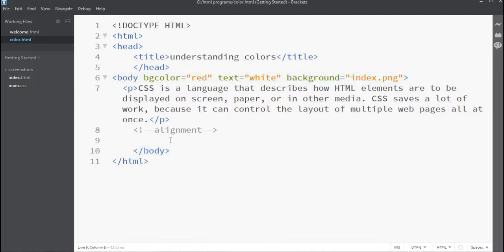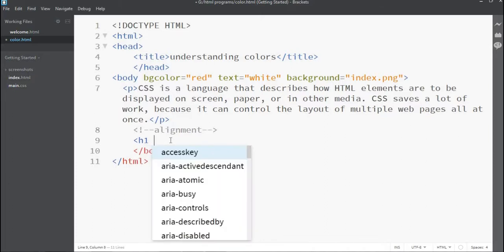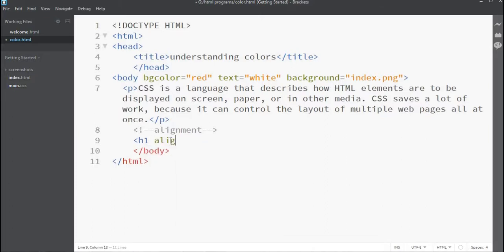Okay, one more thing I want to tell you about is alignment. Alignment is basically left, right and center. Suppose you want to align by the H1 tag, that is a heading tag, and want to align the text in the center position.